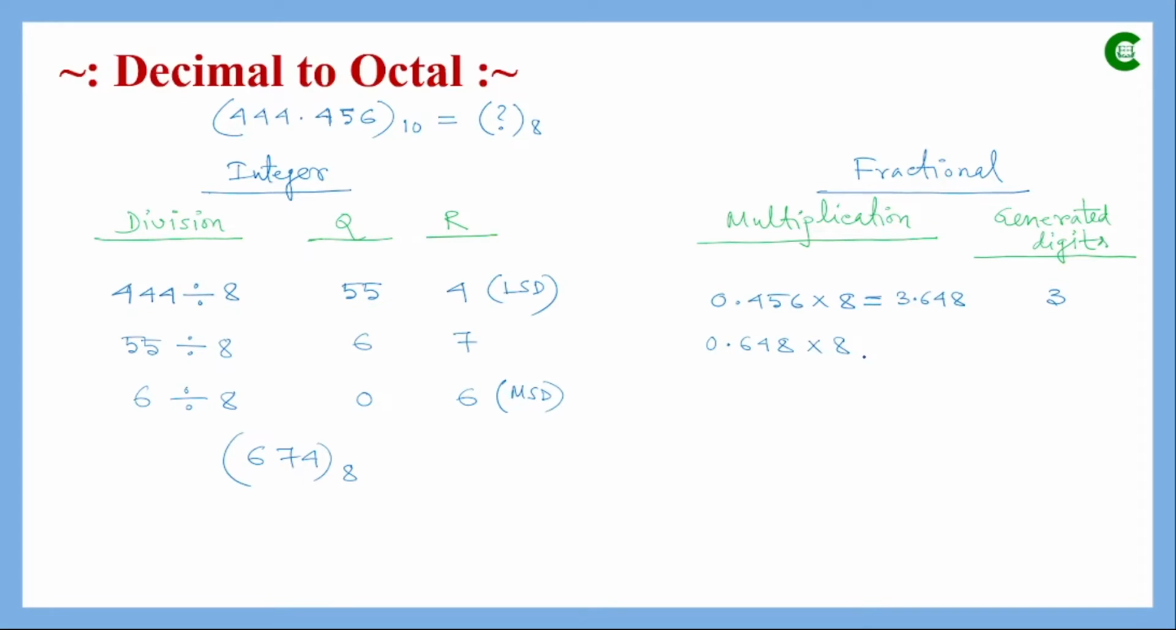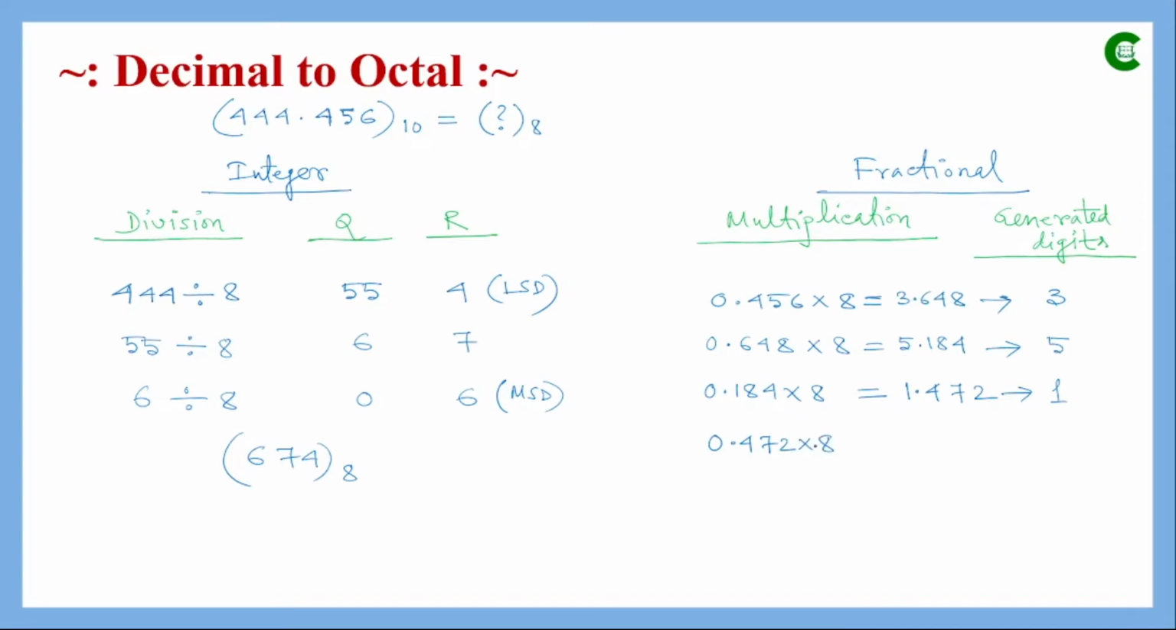So that will be multiplied by 8 and the result of multiplication here will be 5.184. So we will take the integer value here, we will record that, and we will continue with our multiplication. Here again it will be multiplied by 8. This result of multiplication will be 1.472. Here again we will record the integer part, which is 1 here, and then we will continue our multiplication,